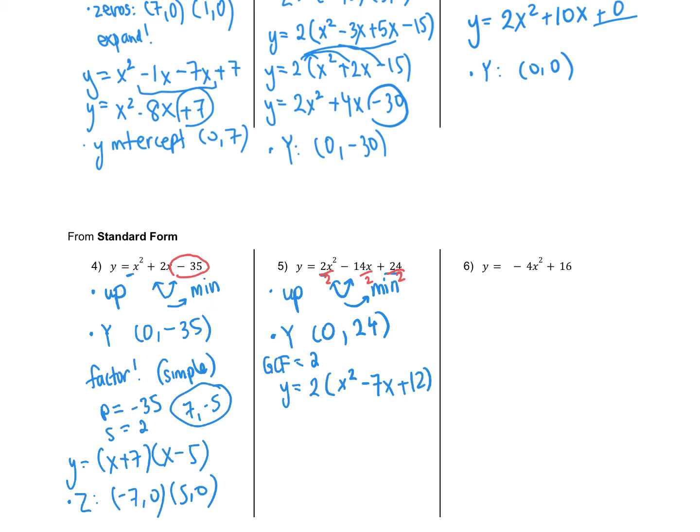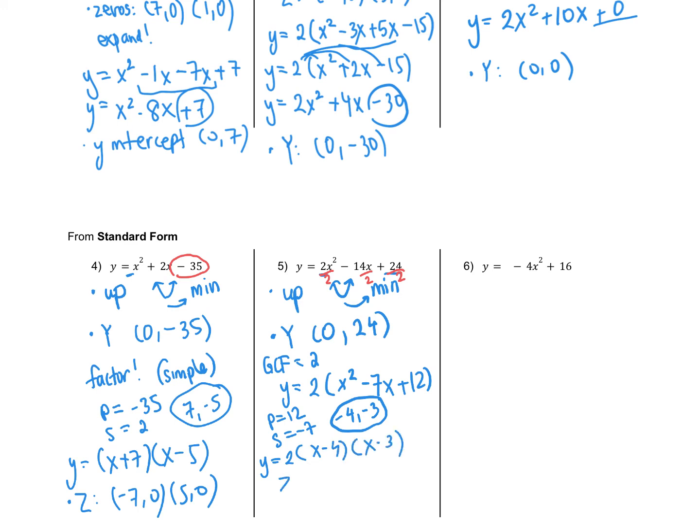So now that I have a simple trinomial, I know I'm not done. I can't get my zeros. This isn't fully factored. I don't see those nice 2 brackets. So my product is 12, and my sum is negative 7. If my product is 12, that means both numbers are positive or both numbers are negative. Because they have to add up to something negative, they both have to be negative. And when I think of 12, negative 4 and negative 3 come to mind, and those actually work. Maybe you thought of negative 6 and negative 2, but if you add those up, you get negative 8, so that doesn't work out. So our factored form, don't forget about the 2, and then (x minus 4) and (x